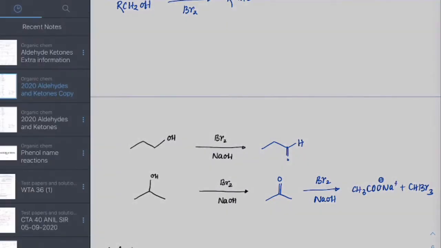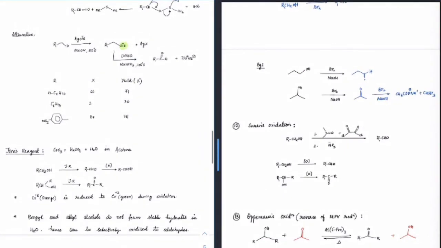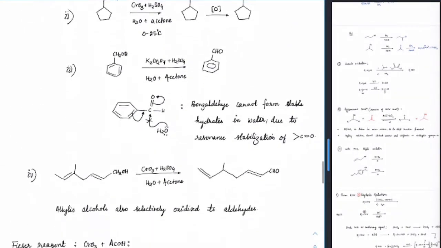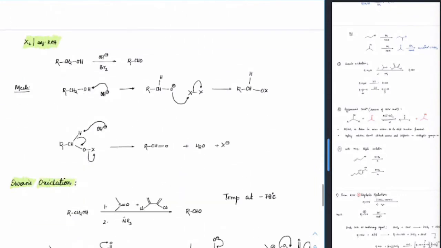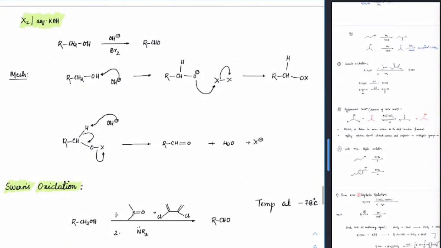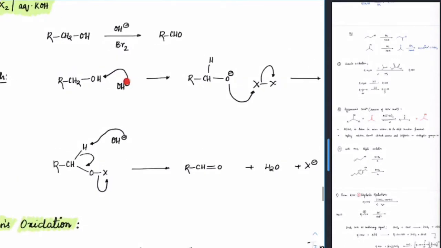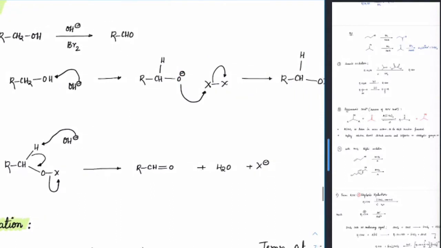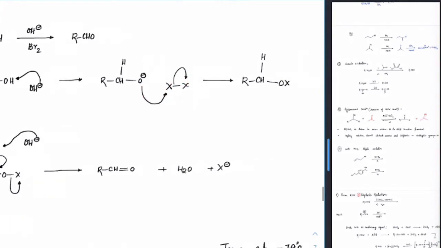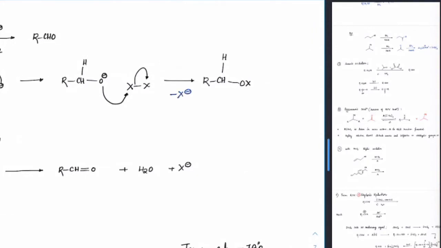Okay, so just to revise again what the mechanism is and how it usually happens in this case. It's not needed for JEE, but just check out how it happens. Suppose OH minus is being taken. It will first extract this proton, because you are taking sufficiently high concentrated OH minus. So OH minus will take away that H plus, and it will become an alkoxide. The alkoxide will attack the bromine, or the halide here, taking away this X plus part, and X minus will be left. So we will get this as OX here.